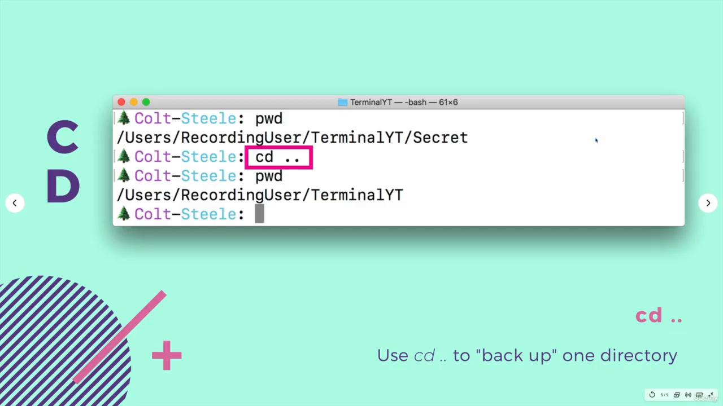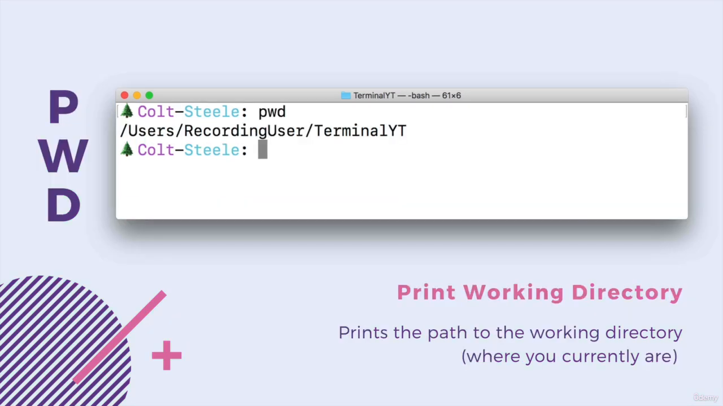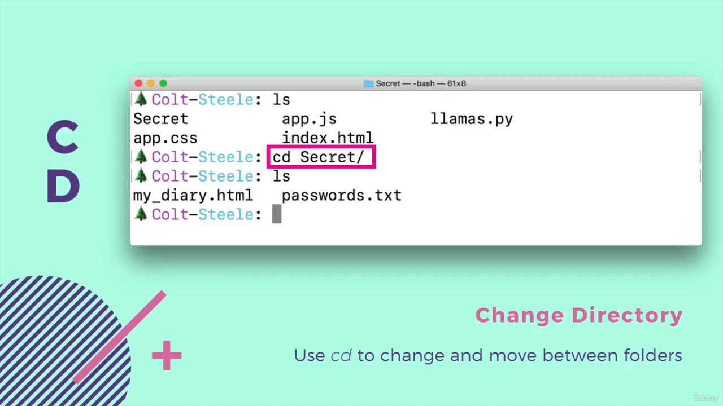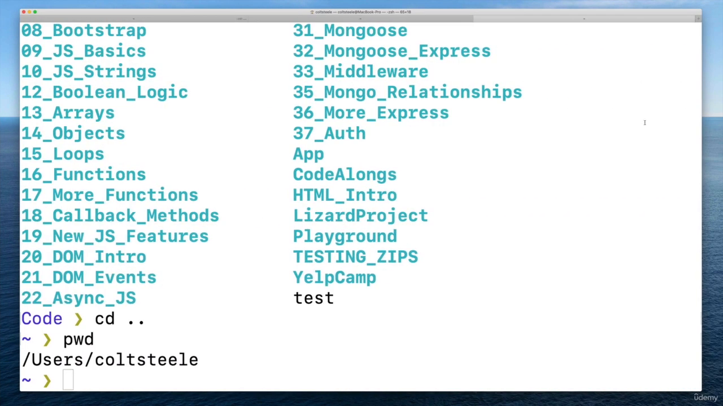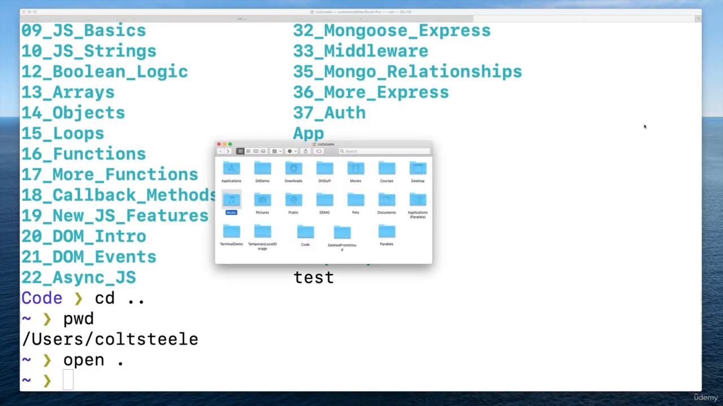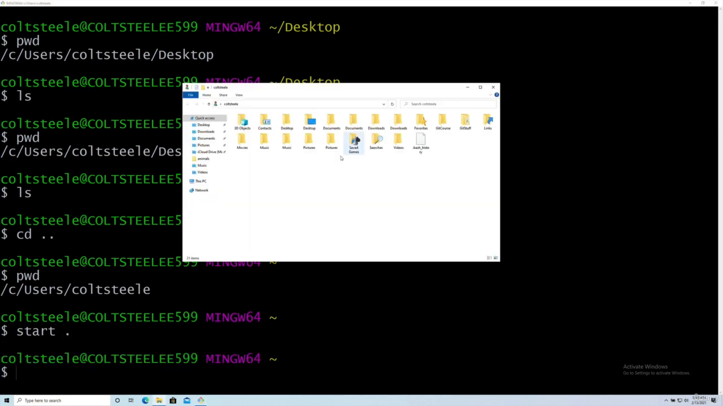Anyway, that's the basics of navigation. We covered ls for list, pwd for print working directory, and cd for change directory. cd .. backs out one folder. And the other thing we did was open. open . will open a folder, the current folder that we're looking at. And on a Windows machine, it's start . Okay,